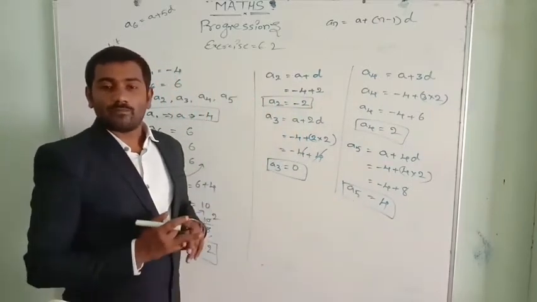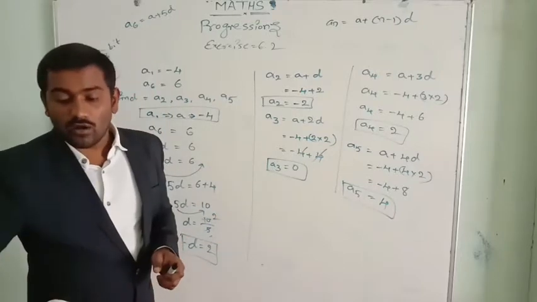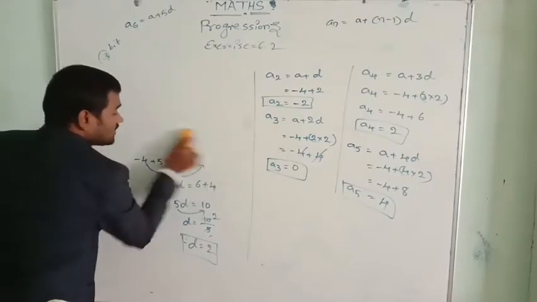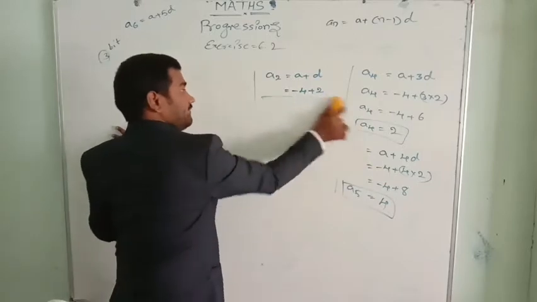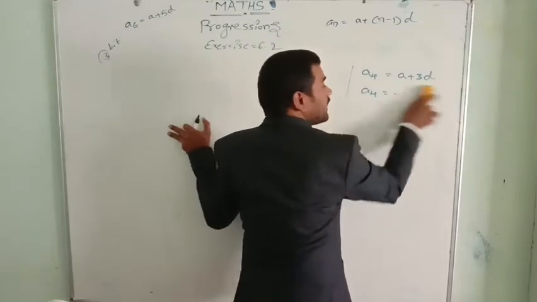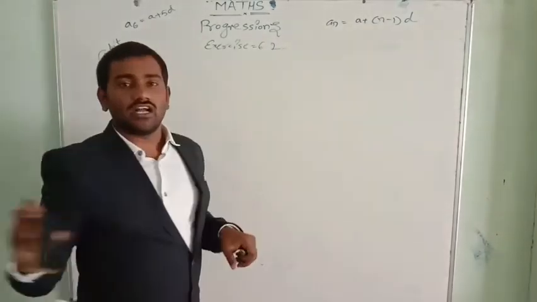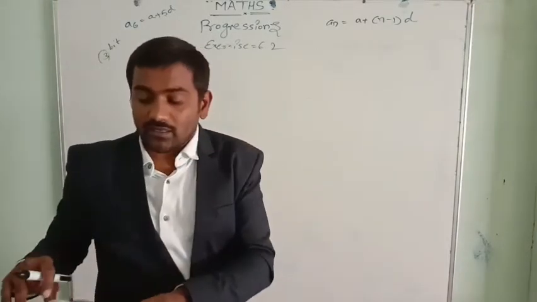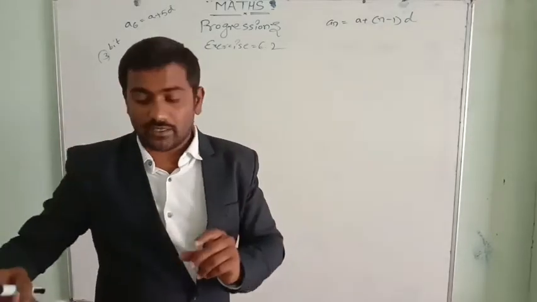So we got this now. Next, let us solve another problem from the same bit. I hope you understand what we are doing. It's a simple thing: what we required, what we need to find, what they have given. Given, RTP, proof. We need to concentrate on what is given, and then on what is required to prove, what we need to find out.